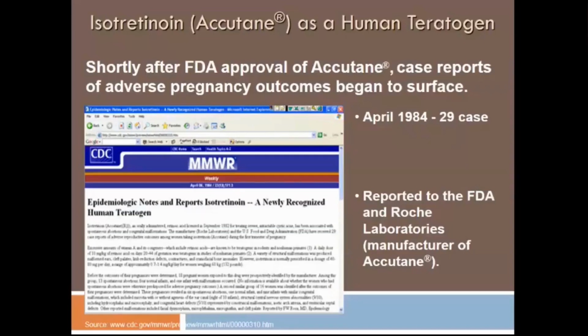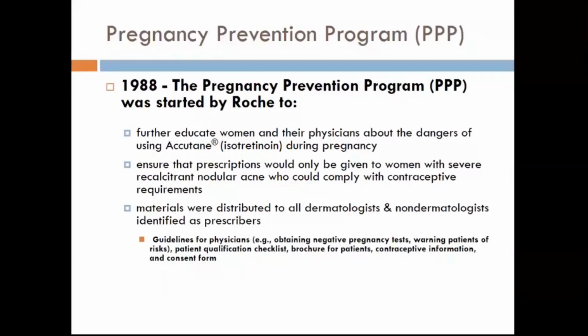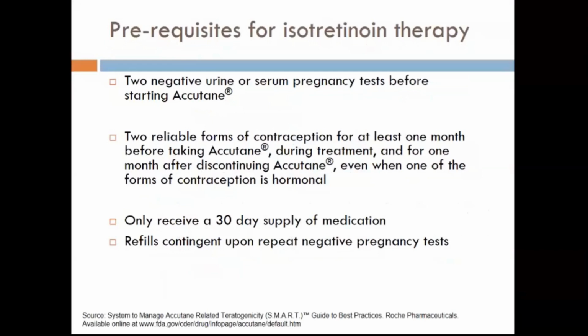Similarly, another drug is isotretinoin, which has been under this type of program. When a dermatologist uses isotretinoin, they will make sure that she is not pregnant if she is of childbearing age. Then they will use contraception. They have to get things written and get consent for the use of isotretinoin as well. This is called a pregnancy prevention program by the company Roche, who introduced isotretinoin.